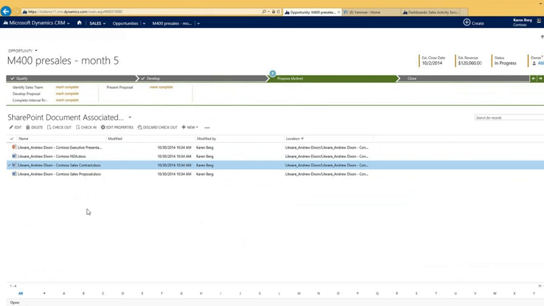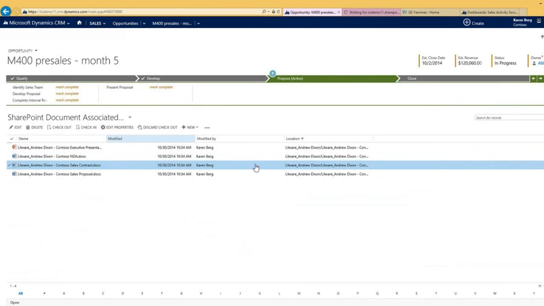But I can also, right from within my CRM application, double-click on the file, and it's going to open up that document. And again, it's opening up in the browser. So I don't have to download it, wait for it to download, open it in Word, make my edits, save it, then go back to the site, then upload it, and do all that. Sometimes that can take us several minutes, right? And if we do that 4, 5, 10 times a day, think about how much time we're saving. Or, in addition to that, we can do things like